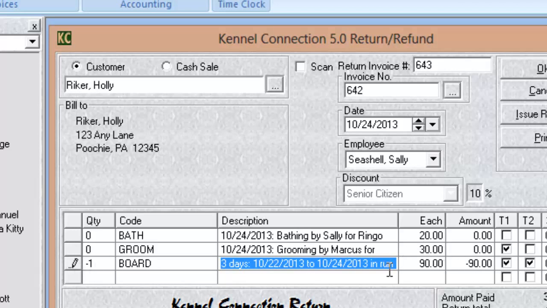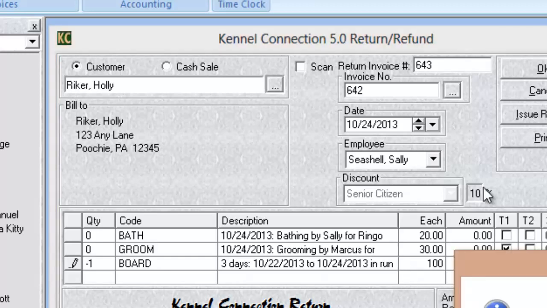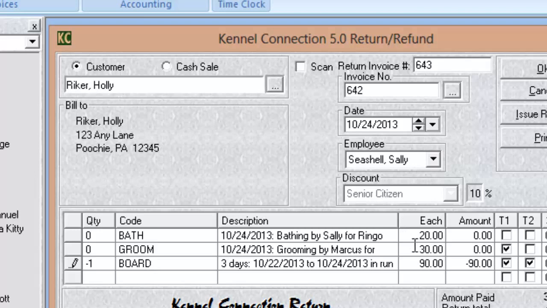Keep in mind that when you do a refund, Kennel Connection will not allow you to refund more than the invoice is worth, and it will not allow you to refund more than an individual line item is worth. So if I try to refund $100 for this, it's going to reject that. But I can refund less. Once you've entered the refund amounts being given back to the customer, you want to click Issue Refund,